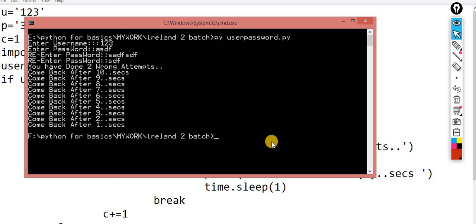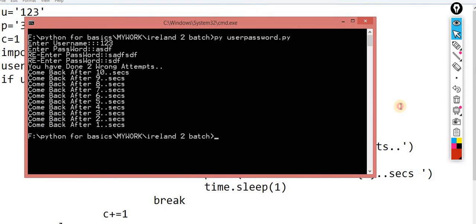Now sir, there is something missing. What exactly happens in a real-time scenario? Here the things are repeating. Only this value is changed: 10 seconds, 9, 8, 7, 6, 5, 4, 3 and 2. Note the come back text is repeated. Here 10 lines are printed, but I want only one line, with the value changing: 10, 9, 8, 7, 6, 5, 4.